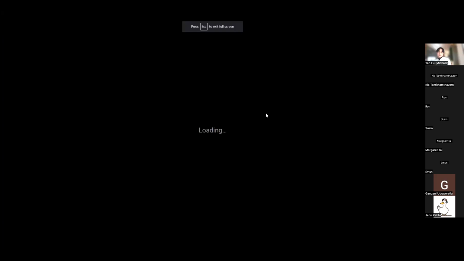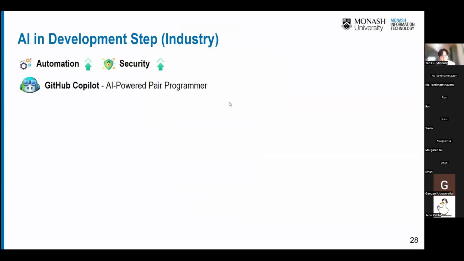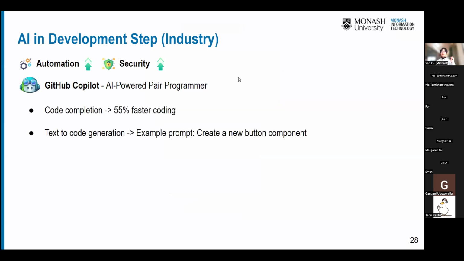Otherwise, I'll go to the next step, the development step, where it's really interesting what AI can do. There are a bunch of AI tools, but the most iconic one would be GitHub Copilot. I think most of you know what it is. It's an AI-powered pair programmer. The GitHub team found that Copilot's code completion feature lets developers code 55% faster than before.